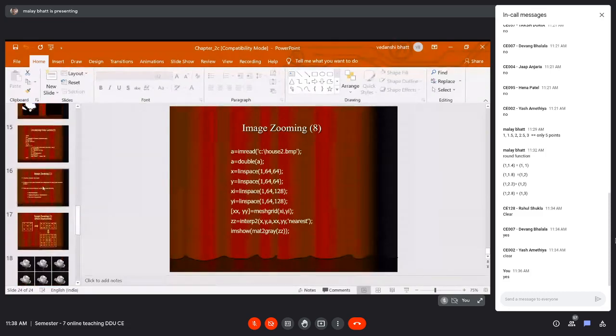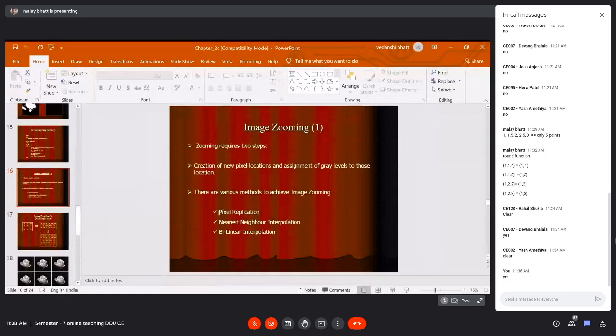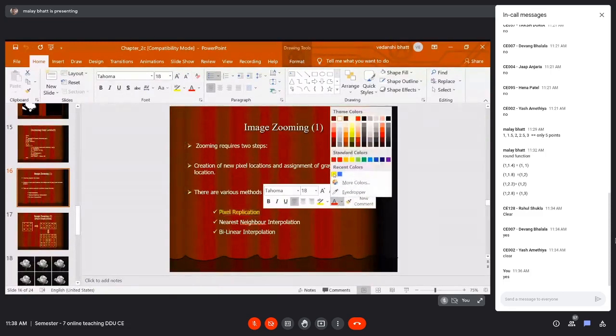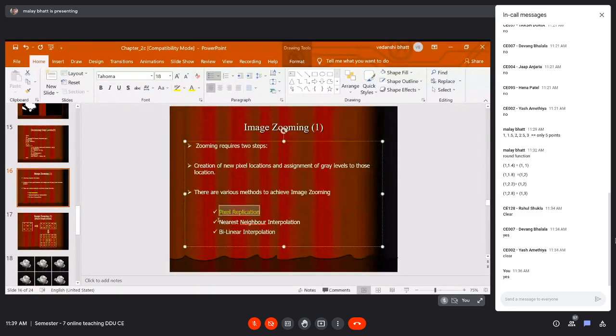So far we have focused on two methods of image zooming. The first one is pixel replication, and the second is nearest neighbor interpolation.